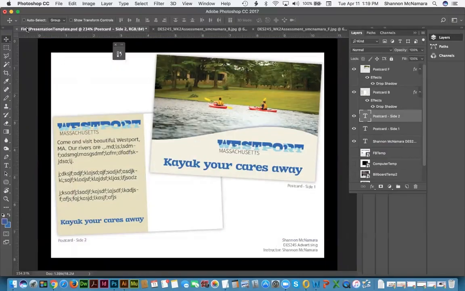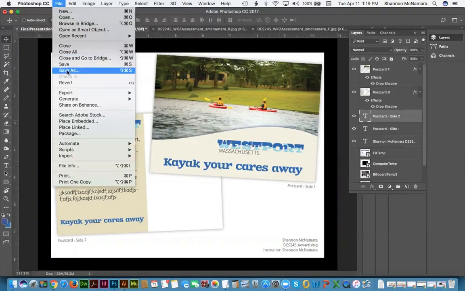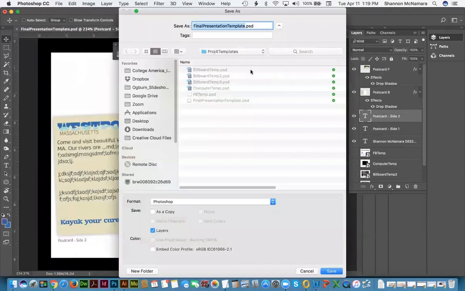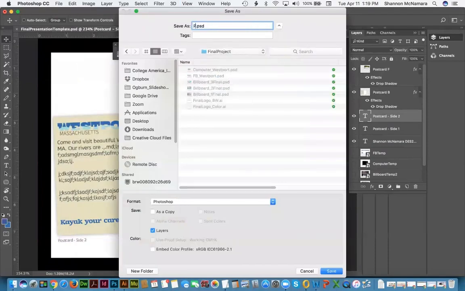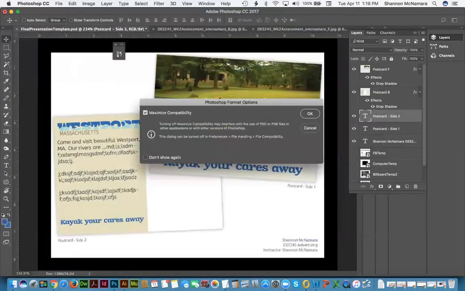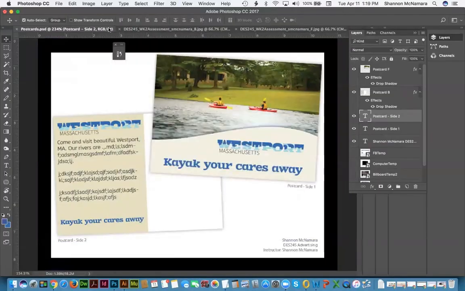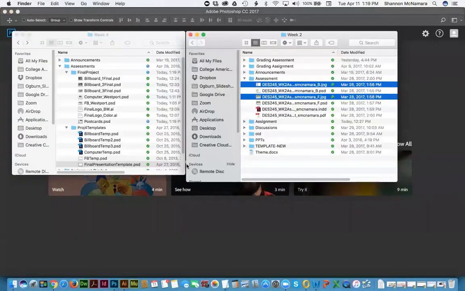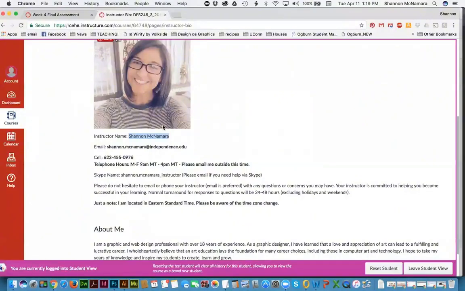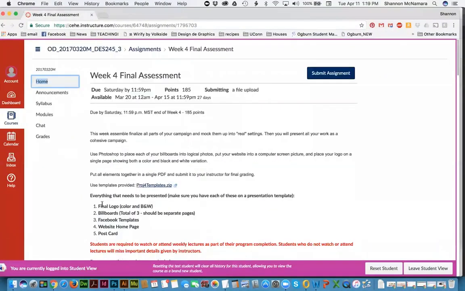And it's, again, on this final presentation template. That's what you're going to add the postcards on. So I'm going to say File, Save As, the final project, and I'm going to say postcards. Just naming it postcards. And I'm going to close both of them out. Well, all 3 technically. All right, so remember I said that we needed to go back to the logo, final